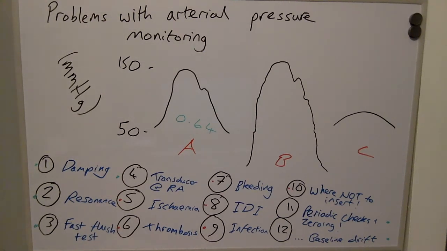Now if we look at some of the patient factors that can cause us issues with arterial pressure monitoring, this includes ischemia distal to the arterial cannula, the risk of arterial thrombosis, risk of bleeding at the site of insertion, inadvertent drug injection, local infection at the site of insertion, which then can lead on to systemic infection,